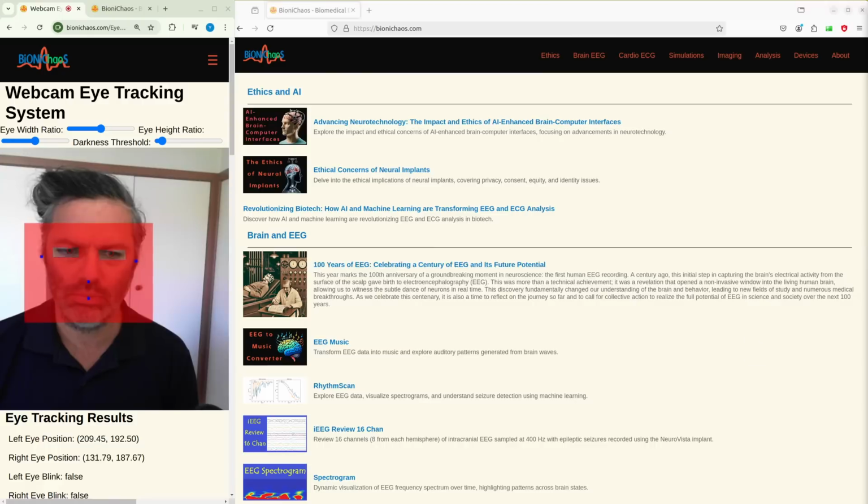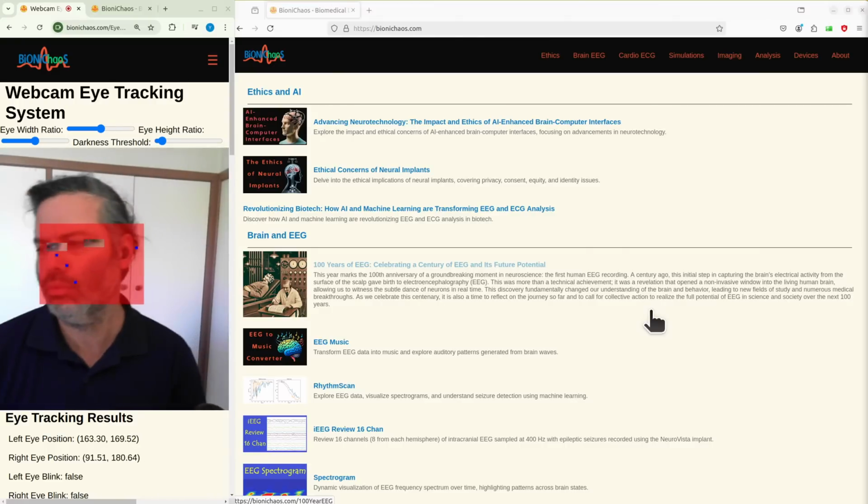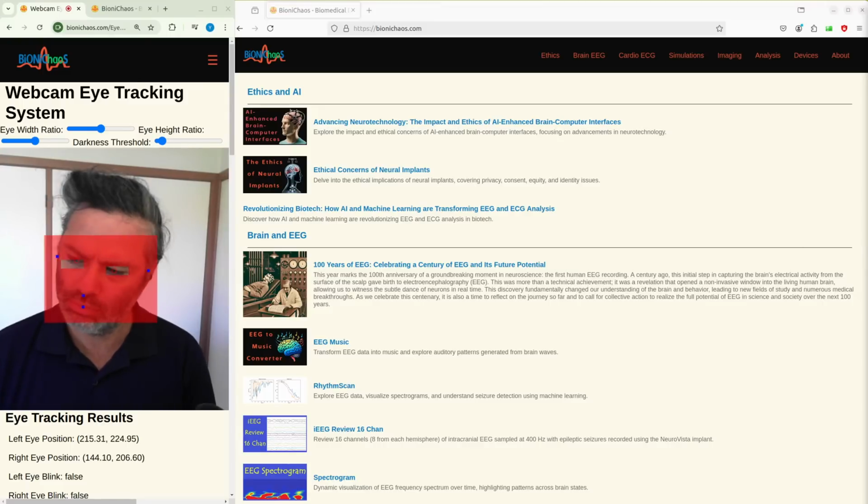Certainly. Let's go through the tools and sections of the BioniChaos website, focusing on the content without worrying about the HTML structure or scripts. Overview of BioniChaos tools and resources. 1. Ethics and AI section. This section explores the ethical implications of AI in biomedical applications, especially concerning brain-computer interfaces, BCIs. Advancing Neurotechnology, the impact and ethics of AI-enhanced brain-computer interfaces, discusses advancements in